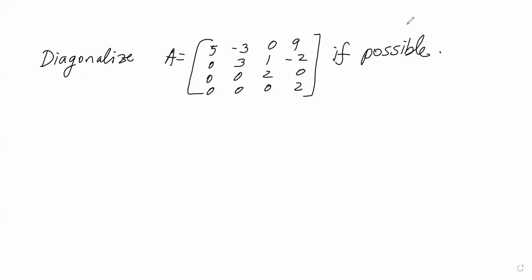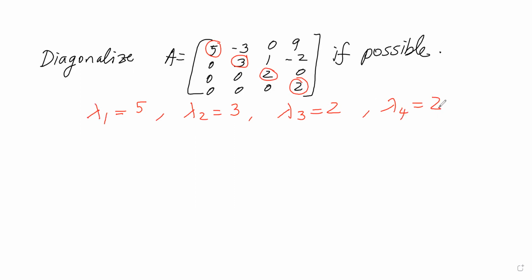Okay, since this is an upper triangular matrix and the eigenvalues are sitting on the main diagonal, we'll start with the first eigenvalue 5, second eigenvalue 3, third eigenvalue, and the fourth eigenvalue 2. Now to compute the corresponding eigenvectors, we form A minus lambda 1 times identity, so A minus 5 times identity,